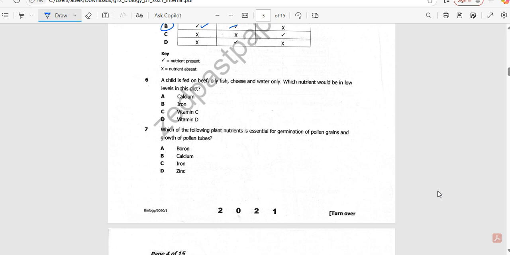A child is fed on beef, oily fish, cheese, and water only. Which nutrient would be in low levels in this diet? So this is the diet. Now I want to find out which nutrient will be low in this diet. Calcium can be found also in fish, then iron as well. Vitamin D and calcium have almost the same function, because this is in terms of strengthening the bones. So we'll go with vitamin C, because vitamin C is found from